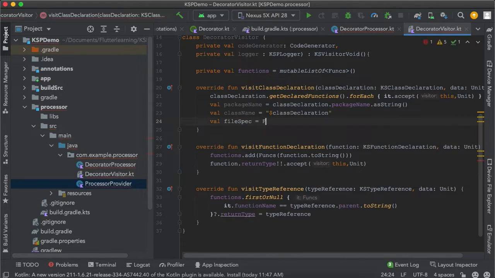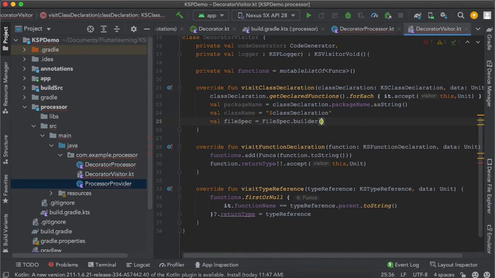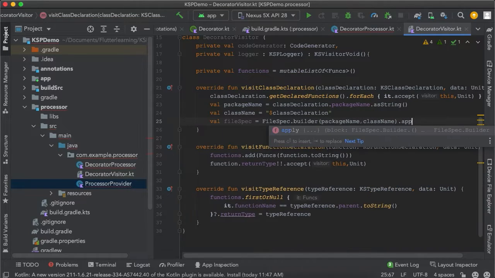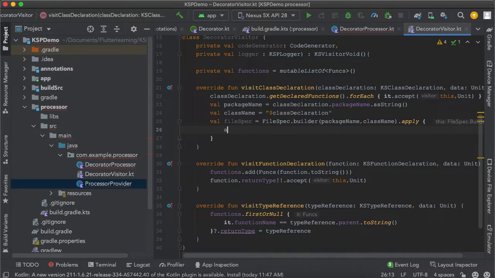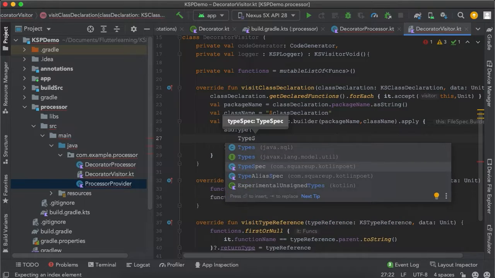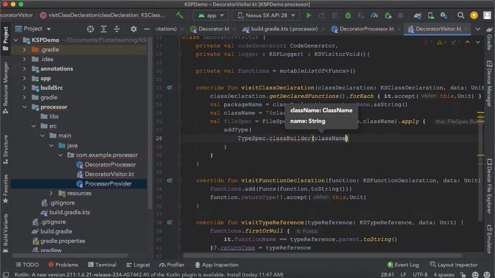So let's create that file using FileSpec builder. We'll need to pass the package name there and the class name, sorry, the file name, and using the apply function we'll add other properties to it. Let's use the addType. Then let's create a class using the TypeSpec. We'll use a class builder. We'll pass the class name there,